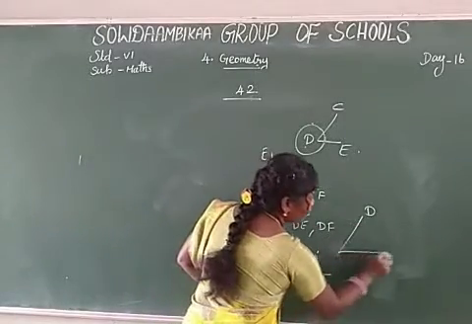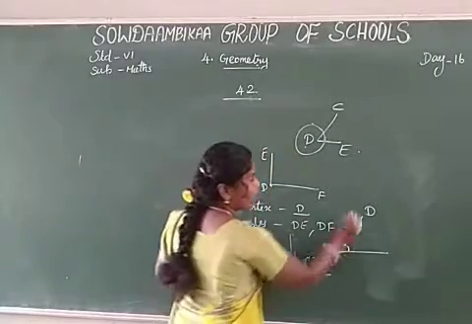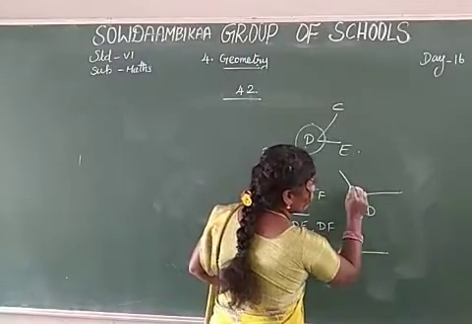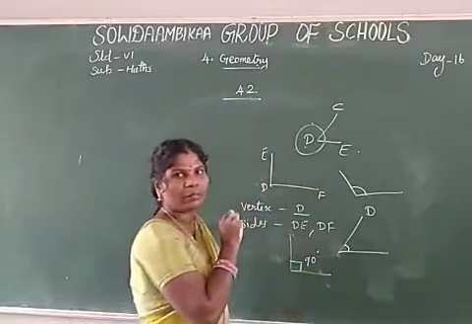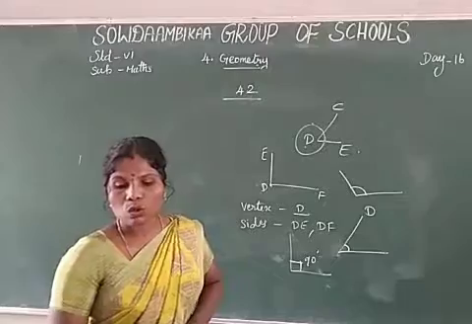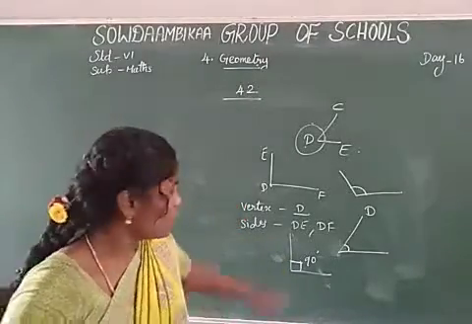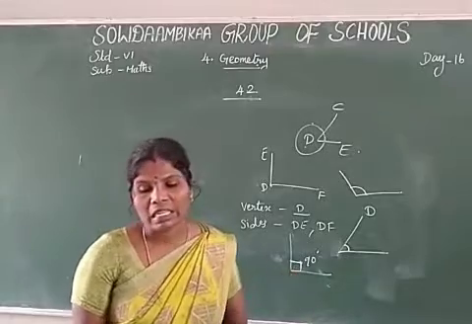The acute angle is measured with this curve type. Okay. The obtuse angle is also measured with this curve type. But the right angle is only the square type. So the first one, third one and the last, fifth one, only this side. So these are the only right angles.